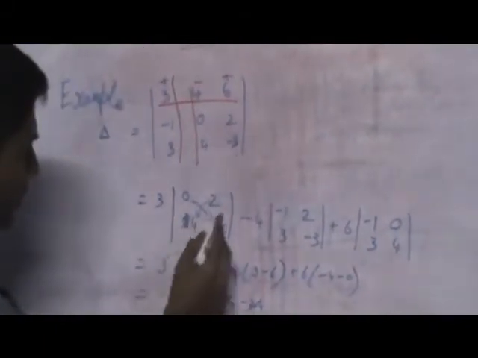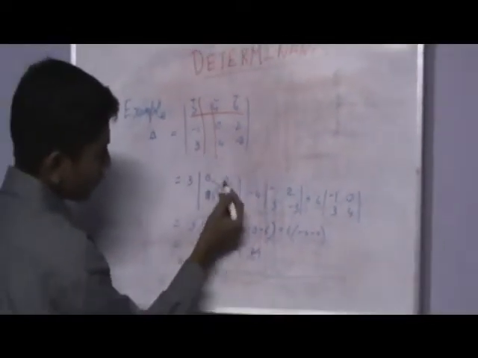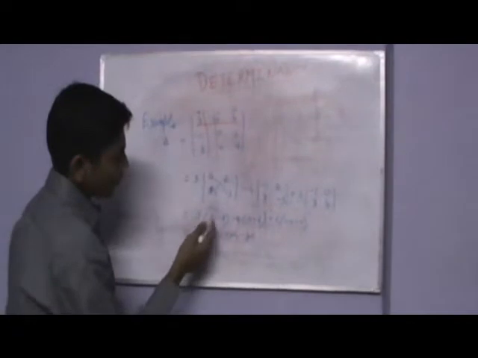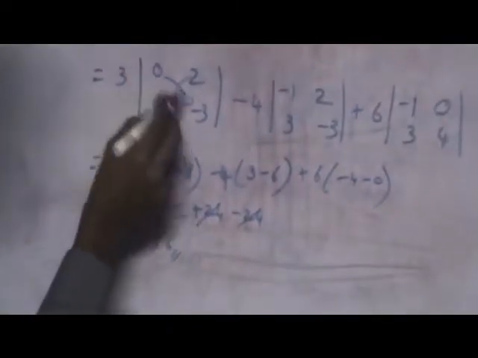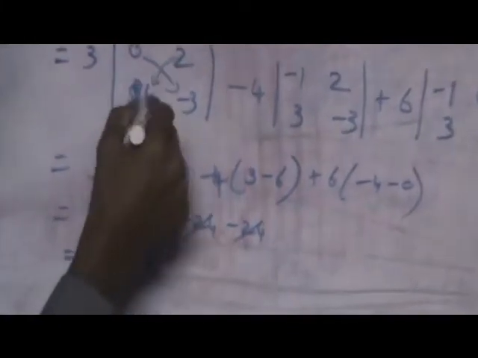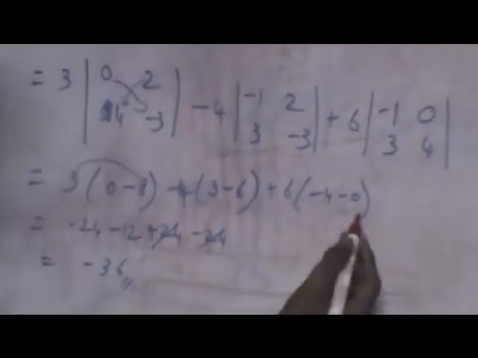Then what is the determinant? What is the value of this one? This is 0 into minus 3, minus of 2 into 4. 0 into anything? 0. And 2 into 4, 8. Here minus 0 of minus 3 into minus of 2 into 4. So that is minus. Minus 4 of, like the same as this. Then we get the value.